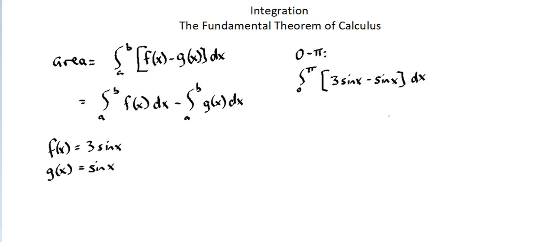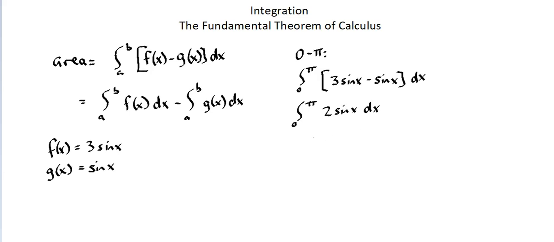Now, sometimes it's more effective to split the integral and calculate the integral of the first function and the integral of the second function and then subtract those two integrals. But in this case, we can simplify more easily by going directly to the difference between 3 sine of x and sine of x. In other words, I'll take the integral from 0 to pi of 2 sine x